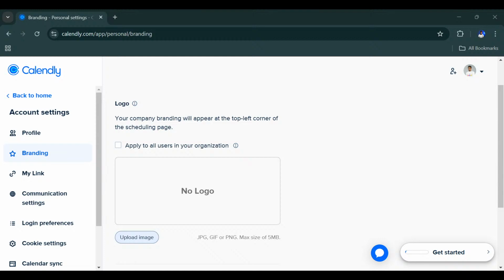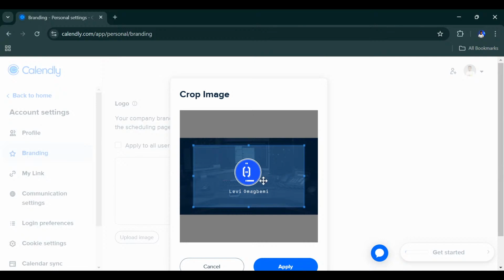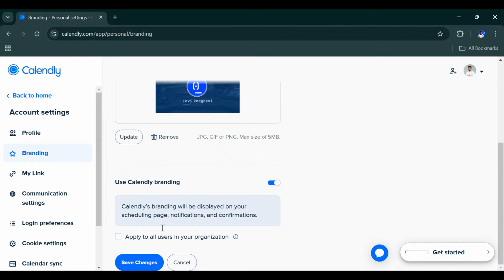Let me quickly look for an image here on my computer. Right, so I'm going to use this image and just click apply, save changes,